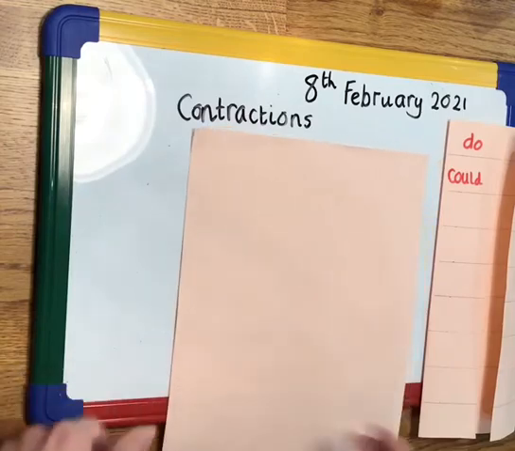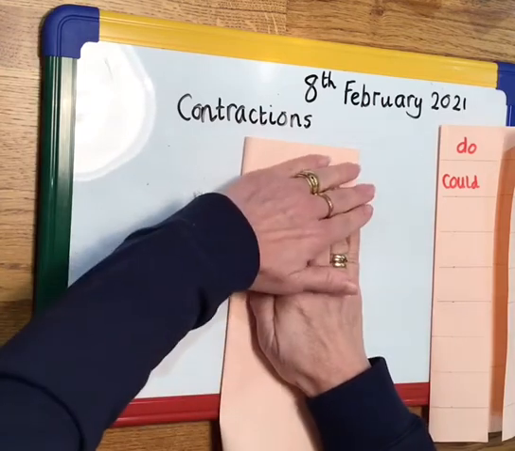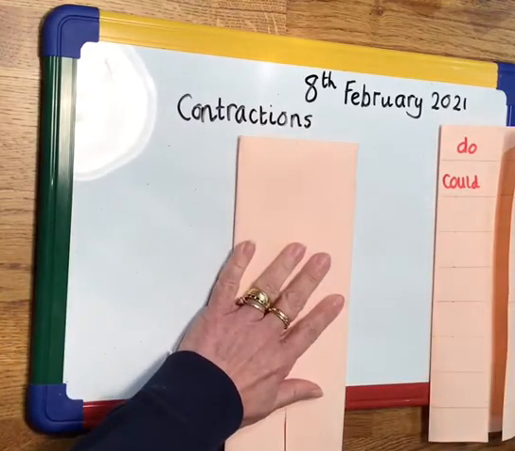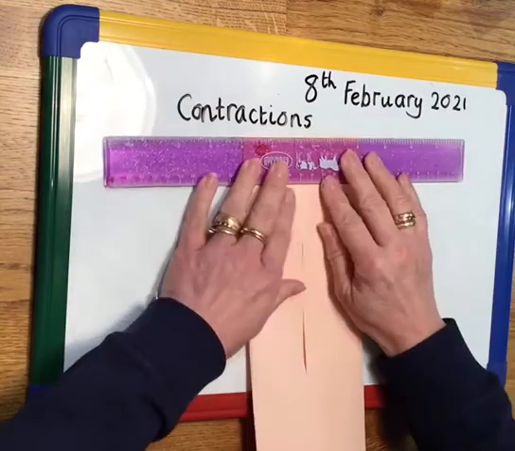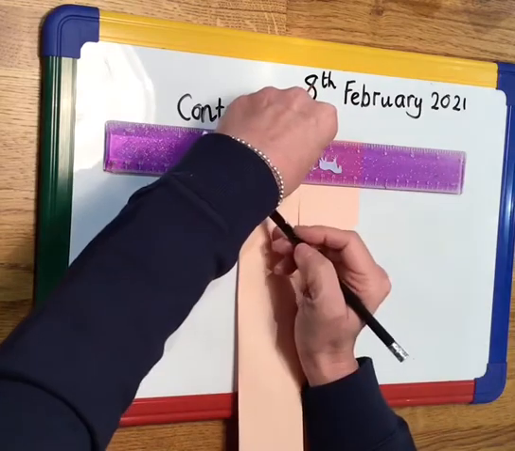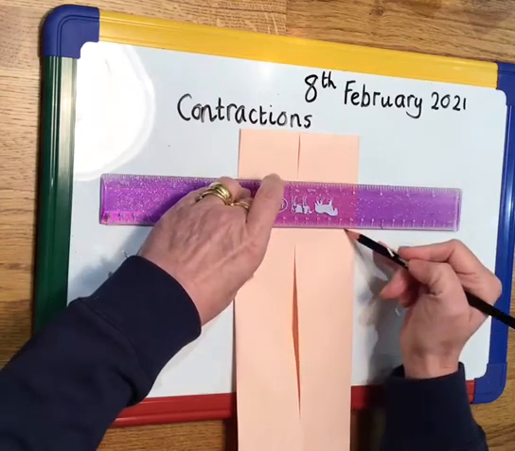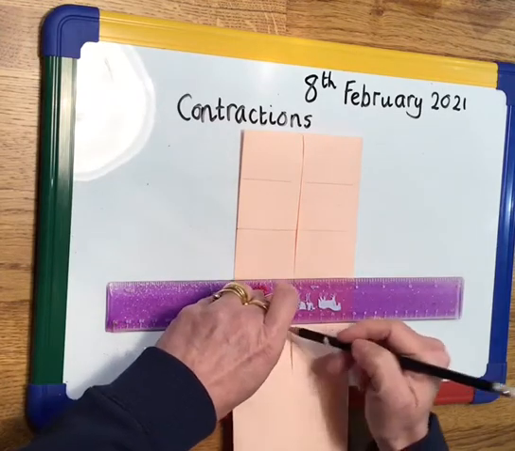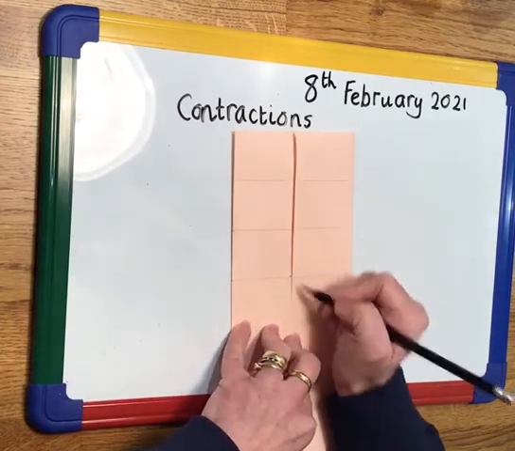You're going to need a piece of paper and you're going to fold it into thirds. So what you do is you fold the paper like that. So you kind of get the two halves, the two sections here meeting in the middle. You're then going to draw some lines. I used a ruler and I literally went down my page and drew lines and created some sections all the way down my page. When I've done that, I'm going to open it up. I put a little dot here so I could see where each section was. I'm going to open it up